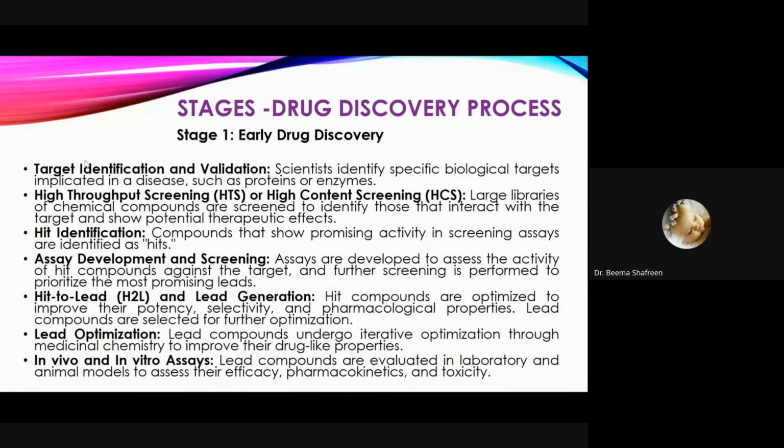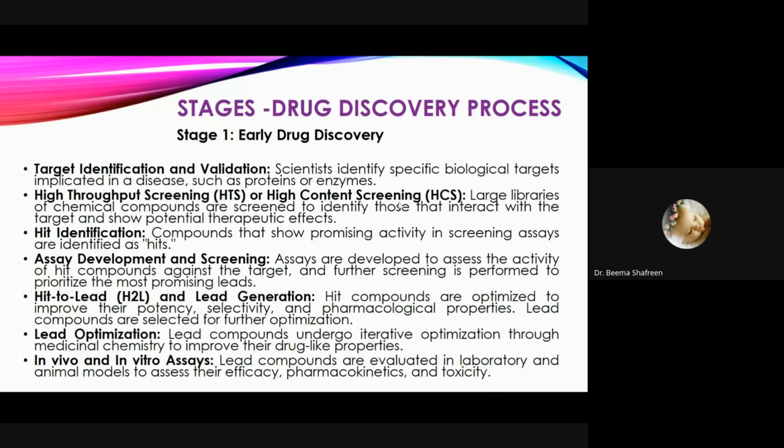From that organism, we take out the proteins, and those proteins will be the targets, and these targets will be used for screening large libraries of chemical compounds. This process we call high throughput screening, that is HTS, or high content screening, that is HCS. Once the compounds are screened, we see whether they are interacting with the target protein,